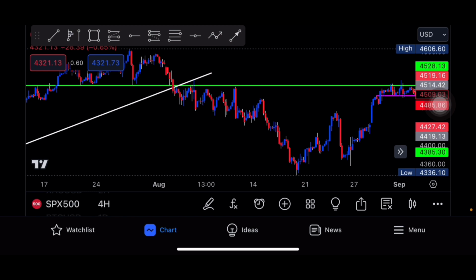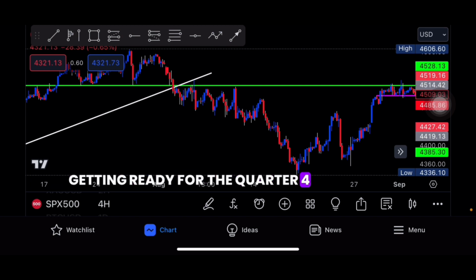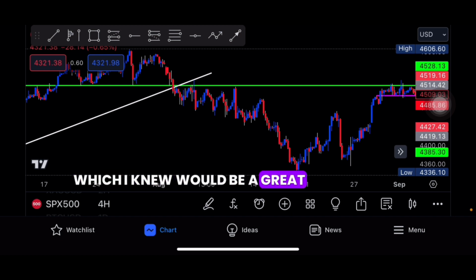So as you know, September is pretty much a bearish month for the S&P because a lot of people are getting ready for the quarter four and selling off stocks and options. So usually September is a down month, and I was looking for a sell opportunity on SPX500 in order to catch that move, which I knew would be a great swing opportunity, and we saw the month before that